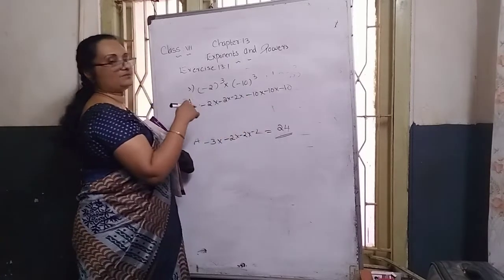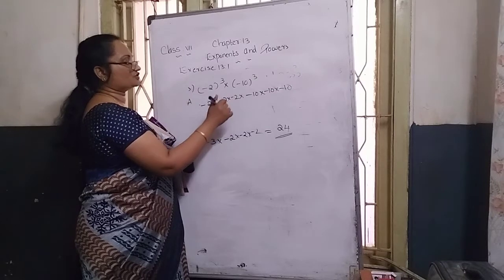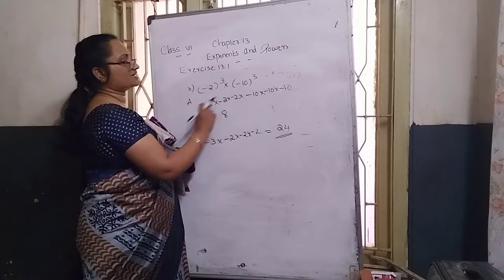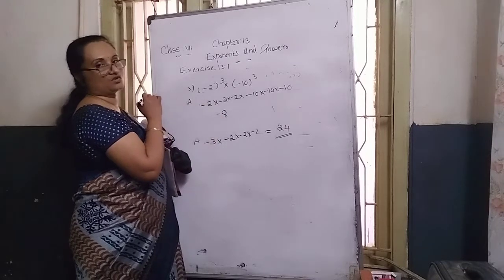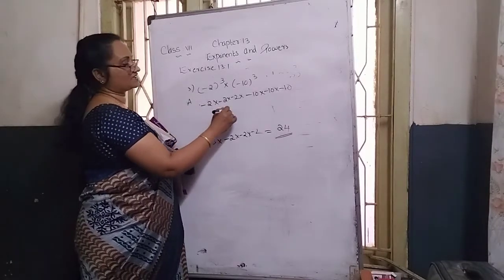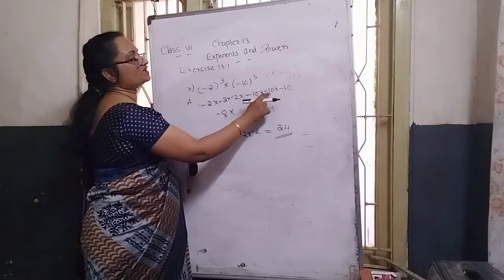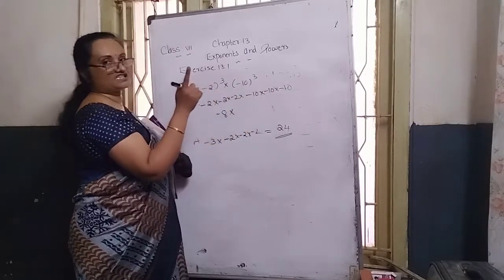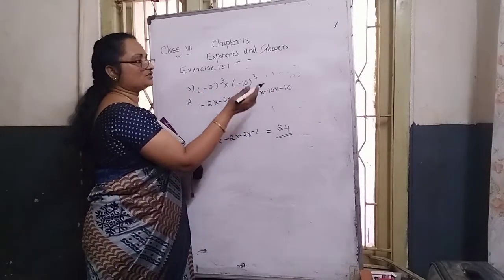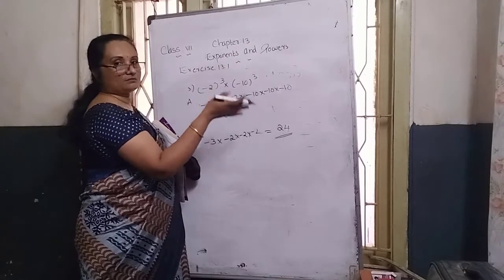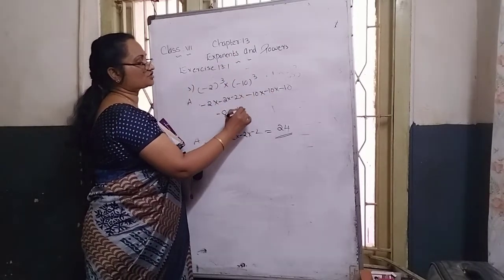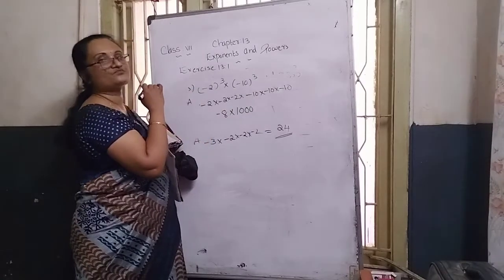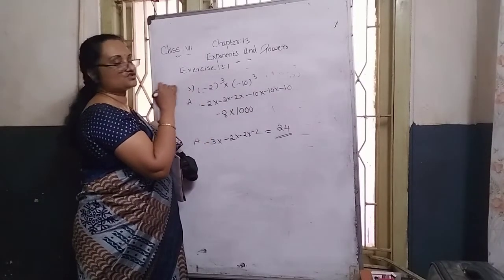Then next step multiply. 2 2s are 4, 4 2s are 8. Here how many times is minus repeated there? 3 times. 3 is an odd or even number? Odd case, negative answer. Into 10, how many times repeated there? 3 times. The easy way: don't multiply, just keep 1, and keep a total of how many zeros? 3 zeros. Those 3 zeros are written on the right side of the answer. So it will become 1000.